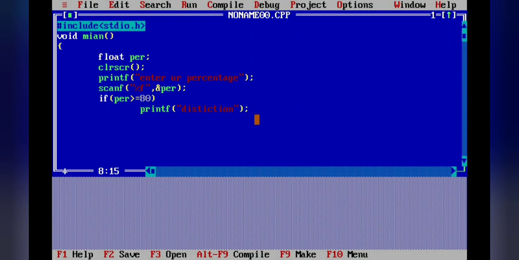Now next we are writing the condition else if. A second time we are checking, because we don't know what value the user has entered, so we have to write all the conditions that can be applied to find the particular class. So if percentage is greater than or equal to 60, then printf first class.